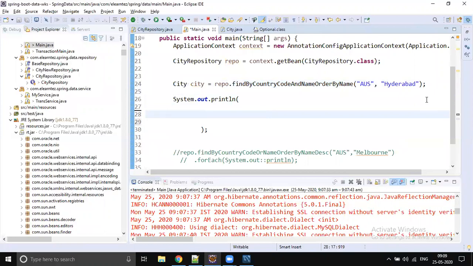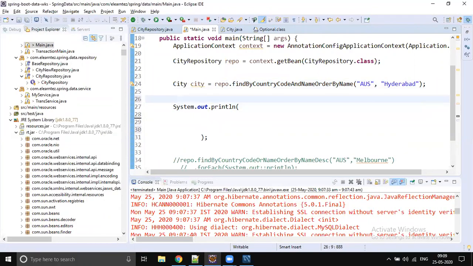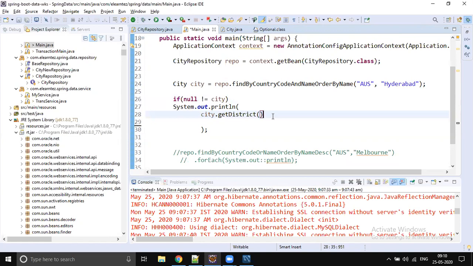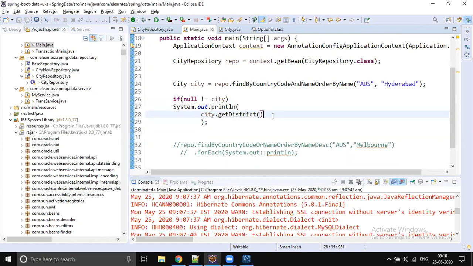So it is not a good practice. What should we do? We should check null not equals to, imperative code. This is what we call writing imperative code. If null not equals to, then get this, else print no data is present in the database. But this is not a functional model of writing code.